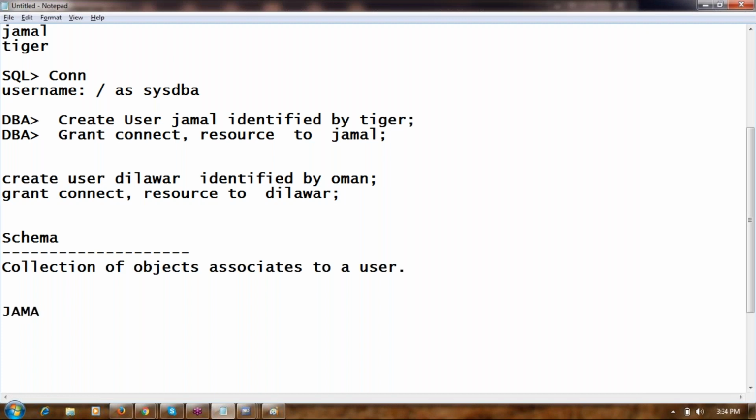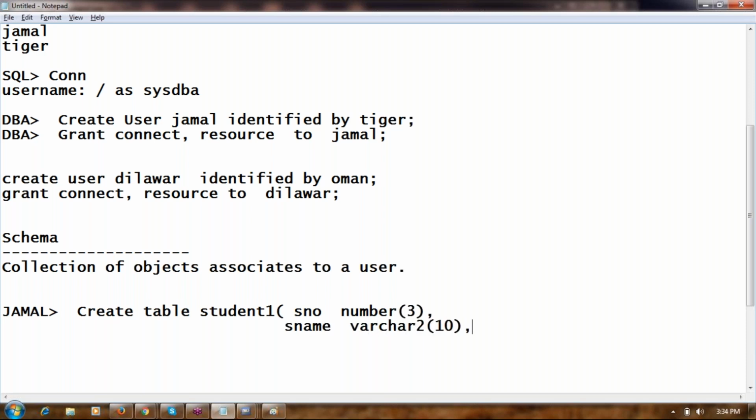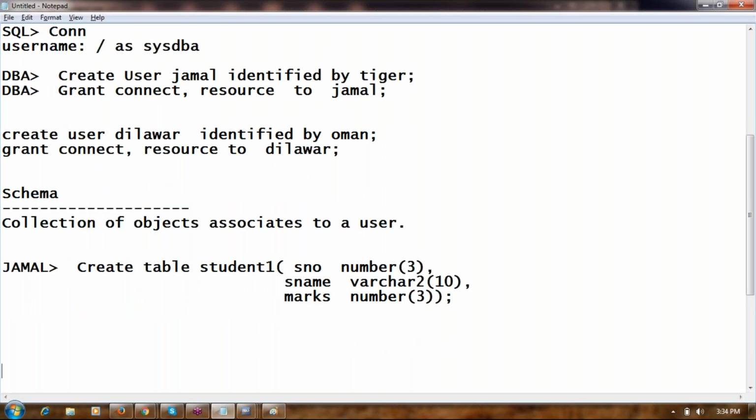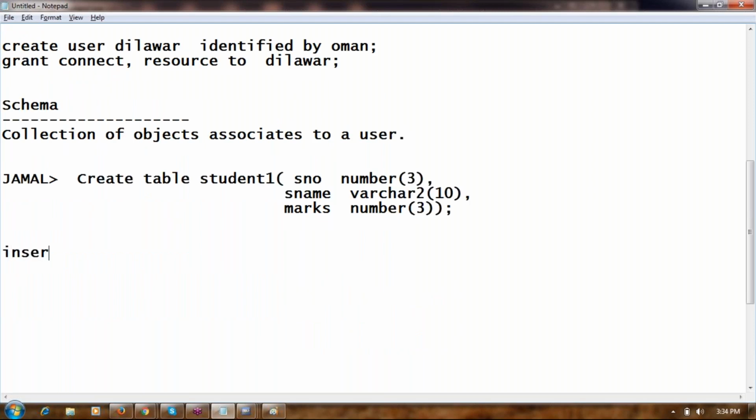Now, Jamal creates a table. And Jamal inserts 3 records.